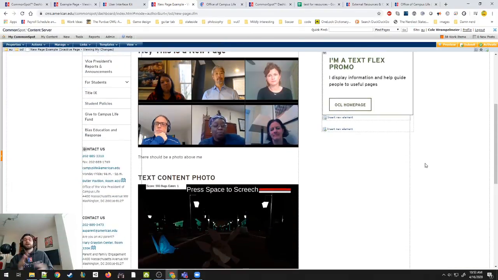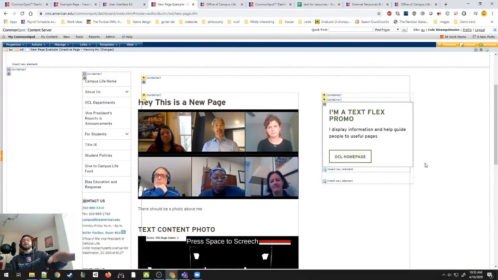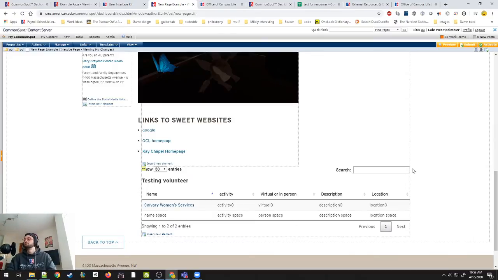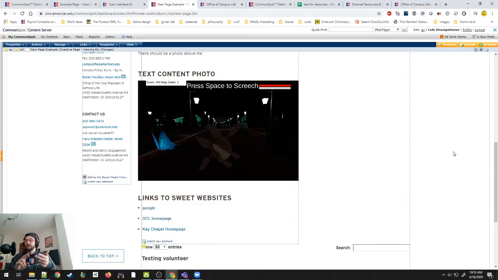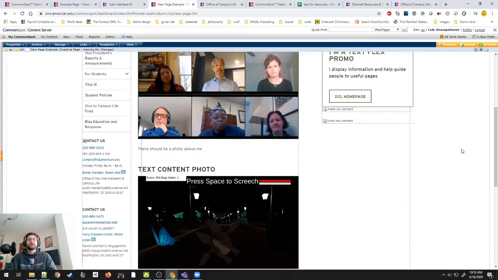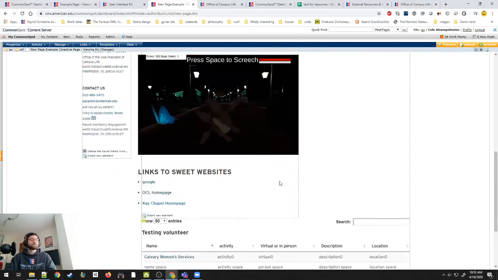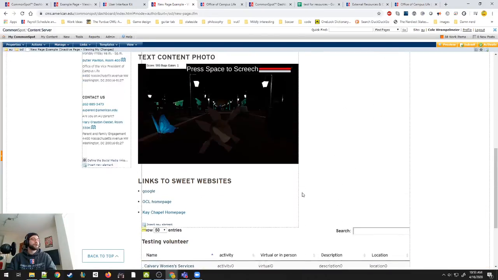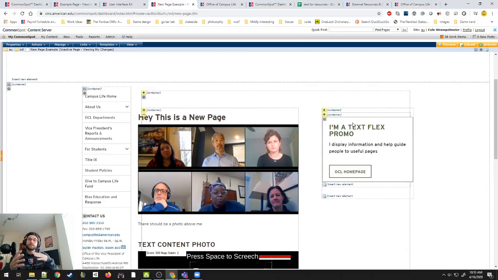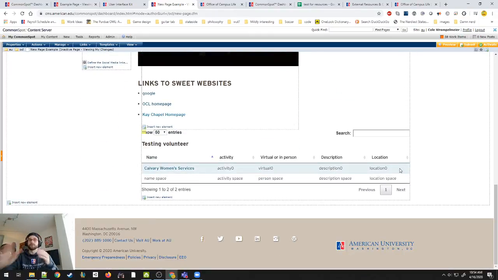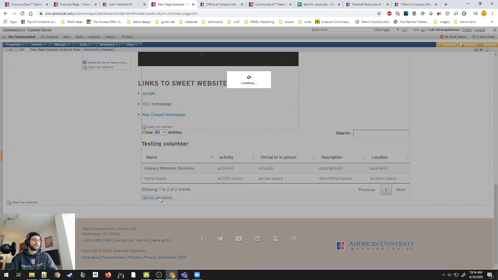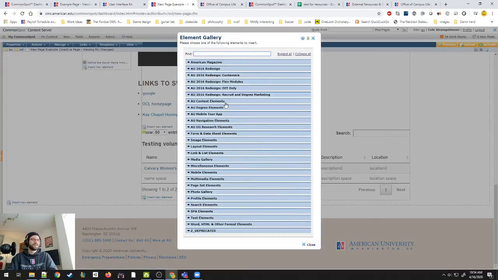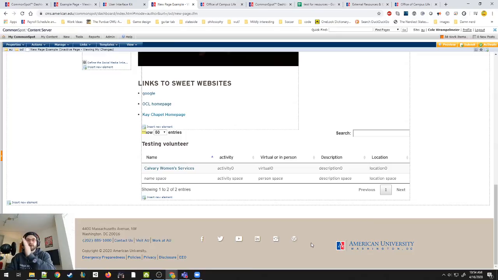So yeah, with that information, that is enough to make probably about 80% of your web pages. Add links, add images, add text. If you want to get fancy, we add these little promos. Let me just quickly show you. The flex containers are often used on the right hand sidebar because this does look slick. I do like the way that it appears, but a lot of times we also use it across. So again, ignore our spreadsheet here. Let's say we wanted to have those 3 boxes all the way across.